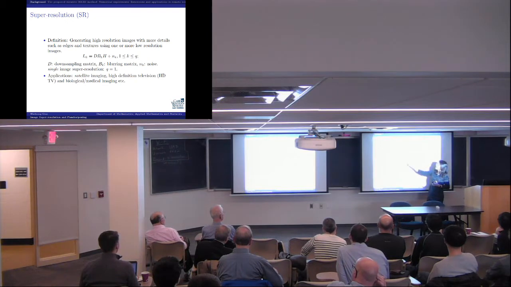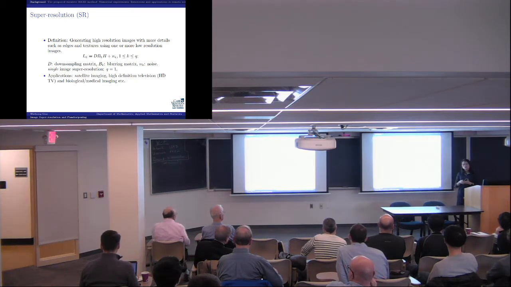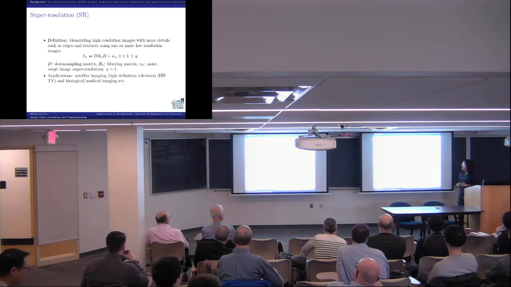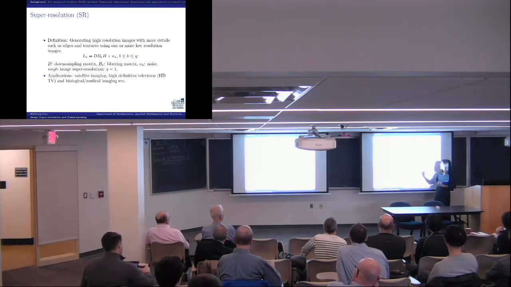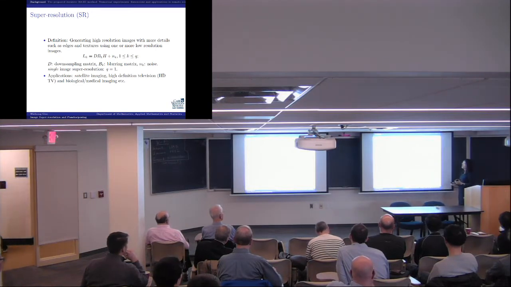And B_k is a blurring operator, because from low resolution to high resolution, very often if you just zoom in without any advanced algorithm behind it, it looks blurry. And there's a downsampling operator because the size is smaller. So this is the relation between the thing you're looking for, the high resolution, and the data you have available. And in the literature, a lot of work has been done for multiple-image super-resolution, meaning that you have a lot of